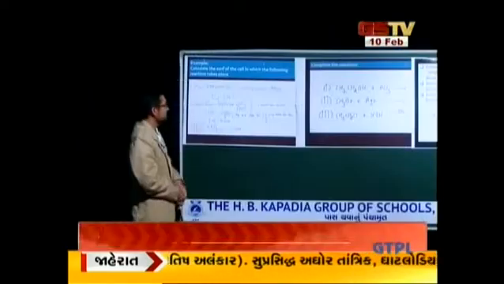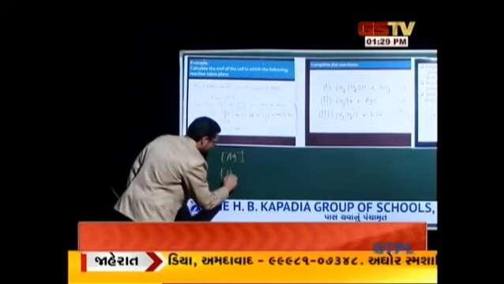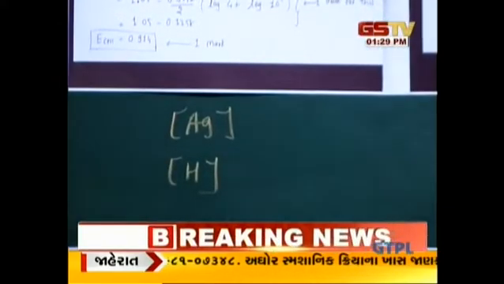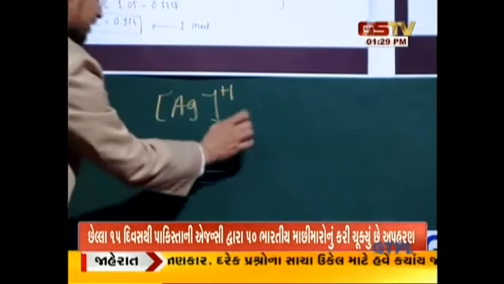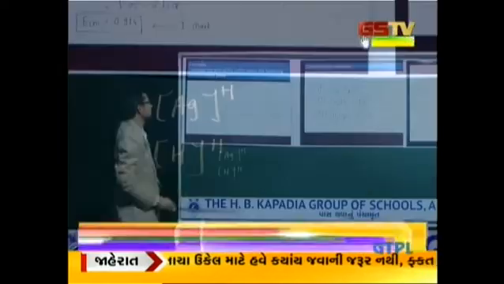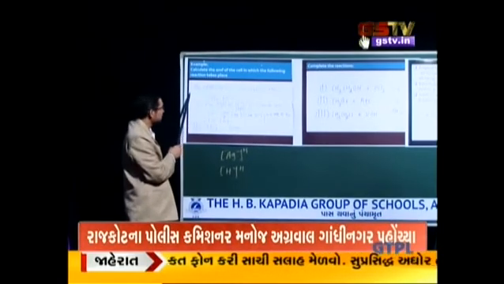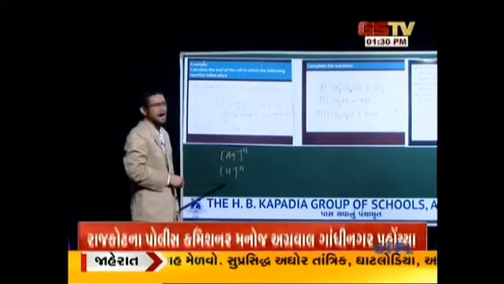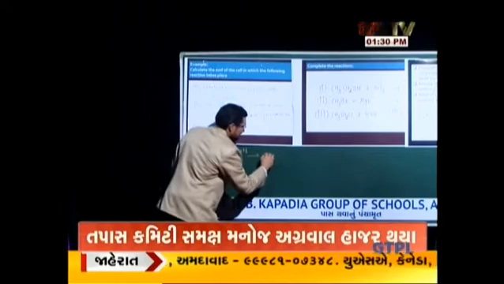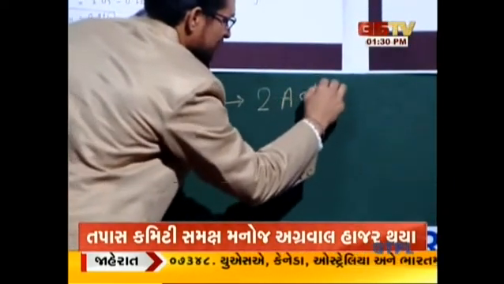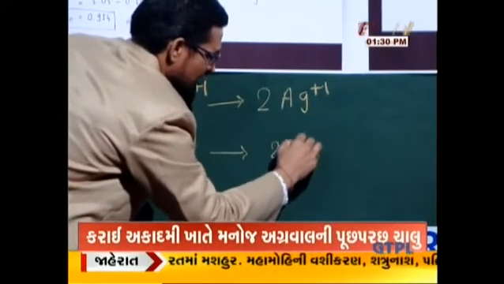Here you have to remember that Ag and hydrogen both have a plus 1 charge, but whenever you are writing it with another element which has 2 oxidation states, you have to write the 2 outside of the Ag and hydrogen, because when Ag is converted on oxidation we will write 2Ag+ and hydrogen we will write 2H+